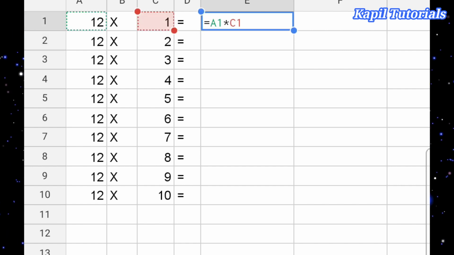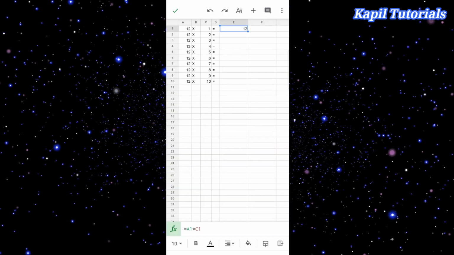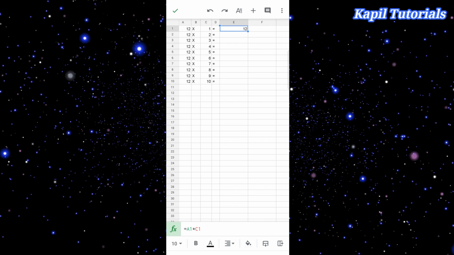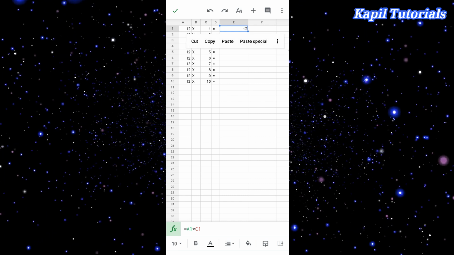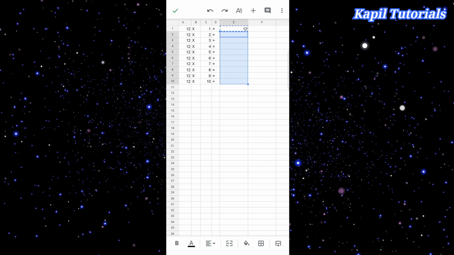Then the rest of the steps you very well know what we have to do. I have to click on this tick sign. So this has been done. Now I'll copy and then I'll paste.